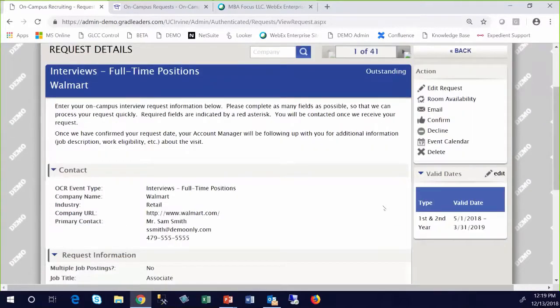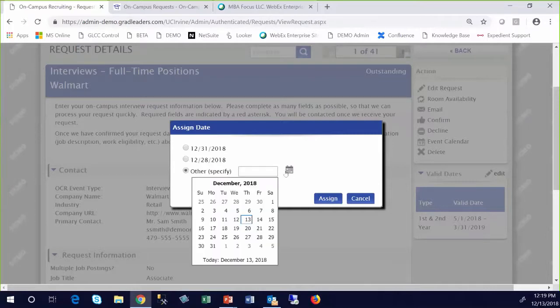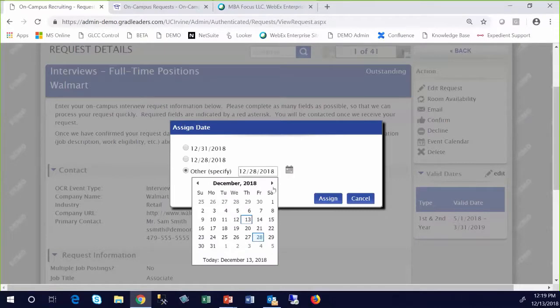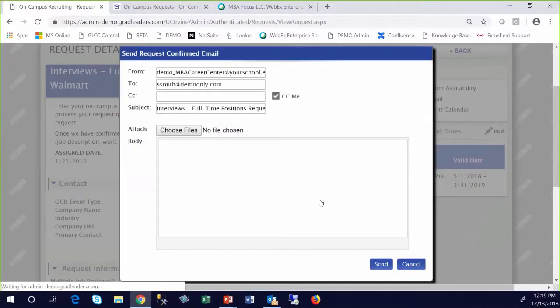Okay, we're back at the Walmart interview request now, and if I'm okay with everything, all I have to do is confirm this. When you confirm it, you can pick from one of the dates that the employer requested, or you can assign them some other date that's going to work. Let's actually make it a real date here. So if we assign that to the 23rd of January, after we assign that date and confirm it,